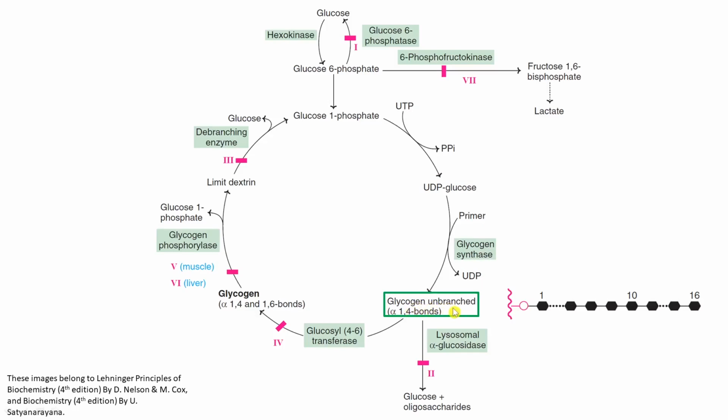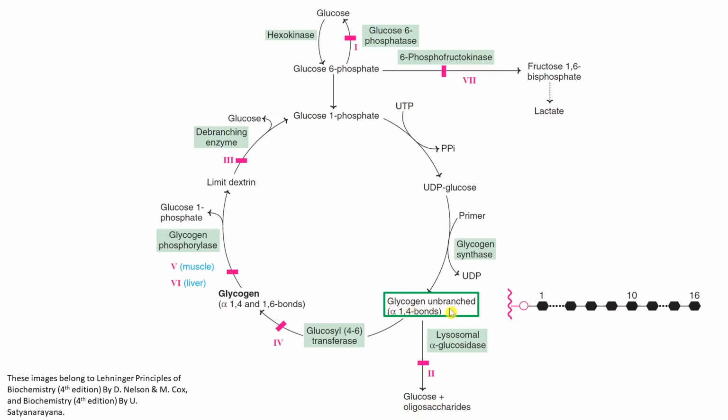The image of unbranched glycogen is shown towards right, where you will observe that 8 glucose molecules are attached to the glycogenin protein, and in between these glucose molecules, there exist alpha-1,4 glycosidic linkages. Now, if the concentration of this unbranched glycogen increases within our cytosol, then some of these unbranched glycogen molecules will enter into our lysosome within the cell. And if this happens, then in the lysosome, there is one enzyme, lysosomal alpha glucosidase, which will break down this unbranched glycogen into glucose and oligosaccharides.